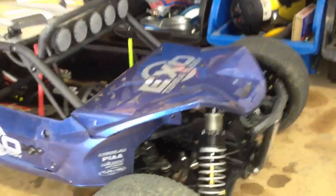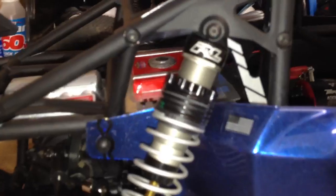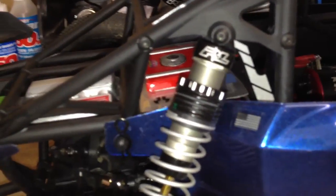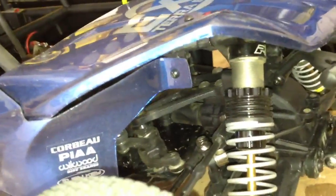Preload wise on the shocks, I forgot to mention that. Running quite a bit in the front. I am going to get the spring set here soon to see if I can't get that a little bit resolved, but then there's the rear right there. So probably about a 1/4 inch in the rear, almost a 1/2 inch in the front there. So, but that's it for now as far as